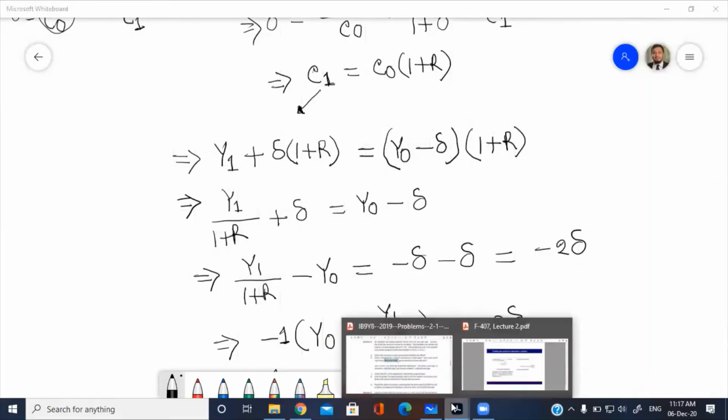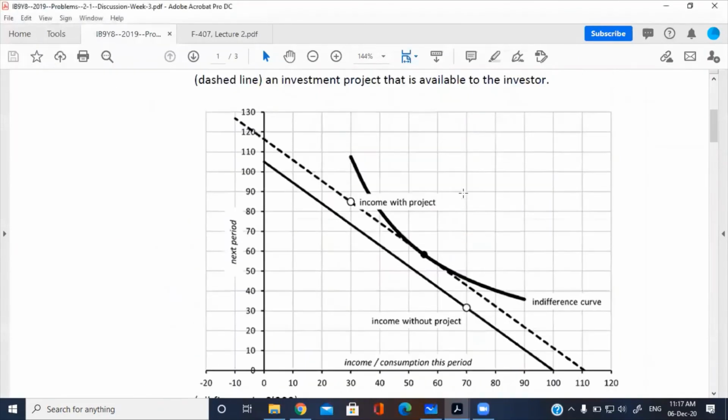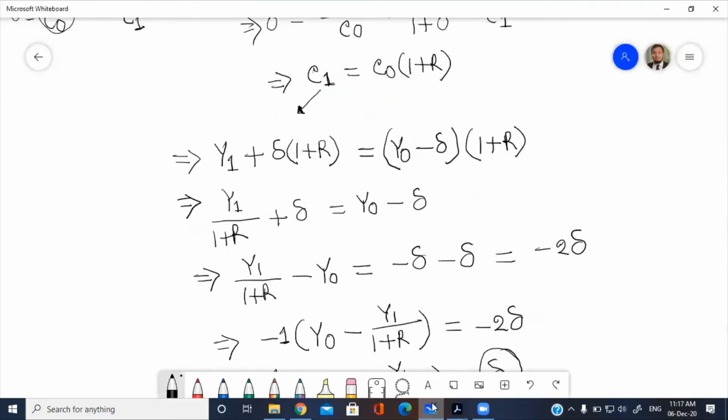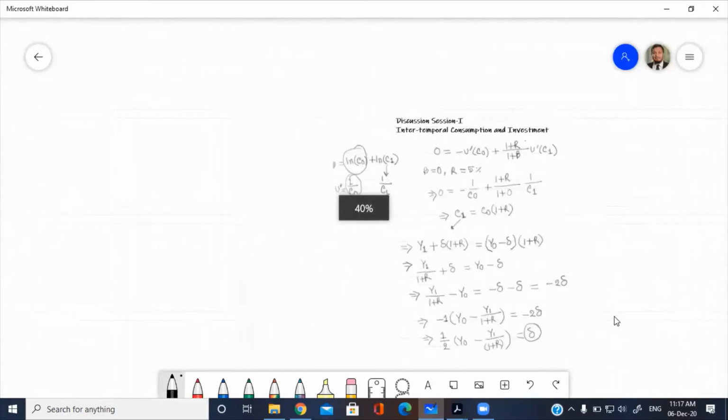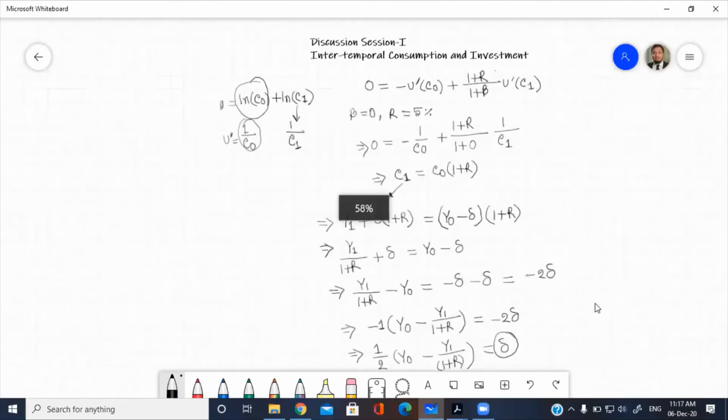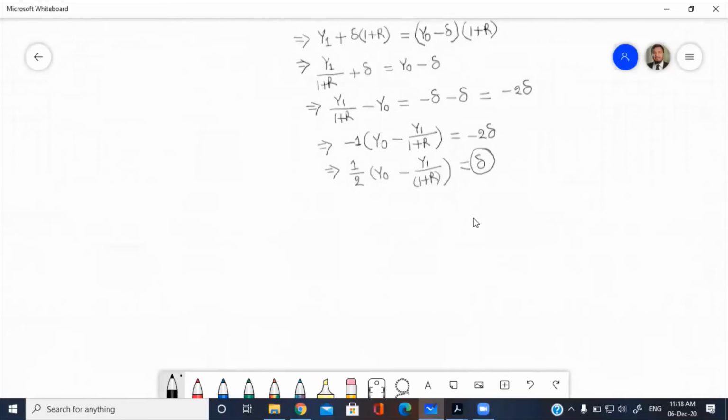Don't forget, we are trying to reach this point graphically. We are trying to find how much savings or borrowing we need to make to get this amount of consumption. Graphically that is that term. So you have got the optimal amount of savings derivation,